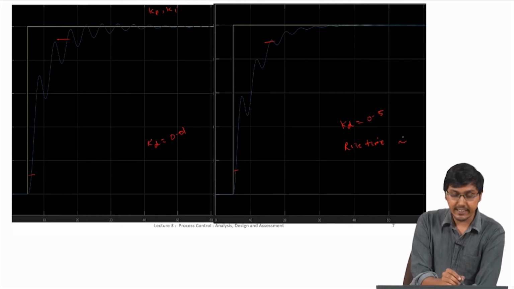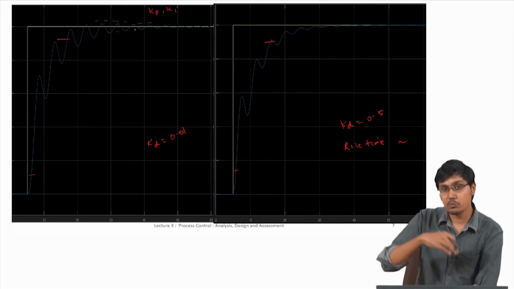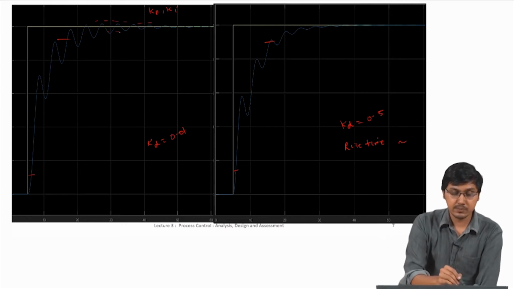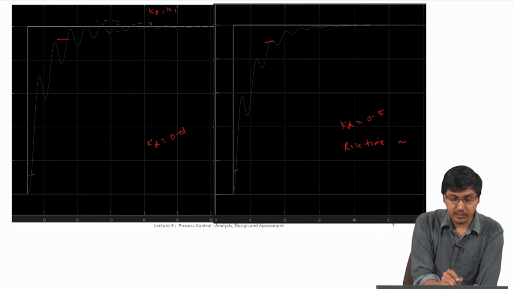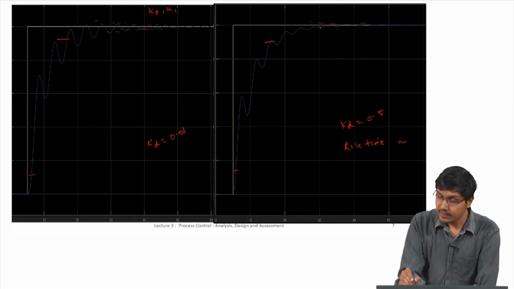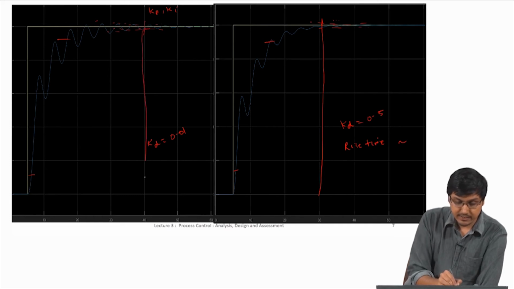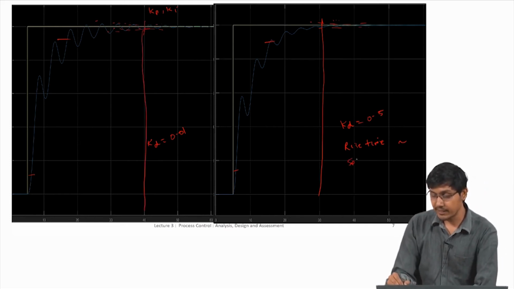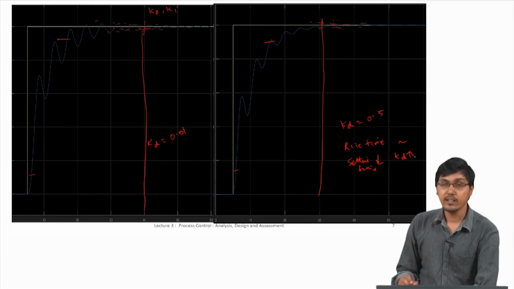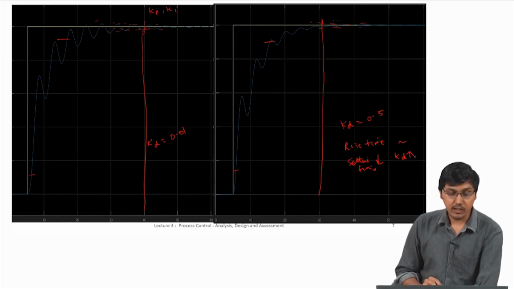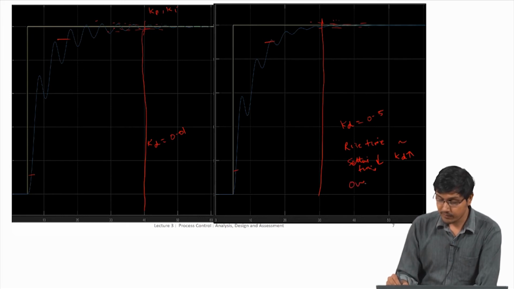But if you look here, the settling time is different: this one goes up and down more, right. So, let us take some value, if this is the 2% range and this is the 2% range, this one actually goes within the 2% range somewhere early, right, but this one goes within the 2% range somewhere later. So, basically you can see that the settling time actually decreases when you increase the Kd value, okay. So, settling time actually decreases when you increase the Kd value.